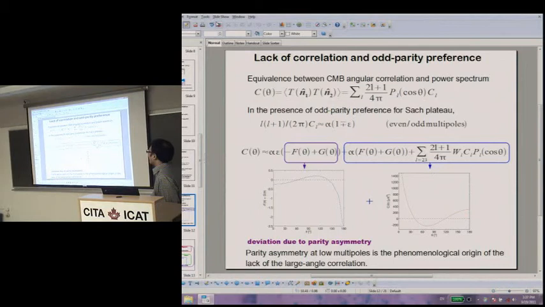Yeah, it's more of a qualitative proof. One of the reasons I mentioned the Sachs-Wolfe plateau is that we need this factor L(L+1) to get close to a constant value. That's why I mentioned the Sachs-Wolfe plateau. But this is not really exact, it's more qualitative. Also, this pi scalar, I don't think it's a constant. It should have some dependence on L. But at this moment, that's the best we can do.